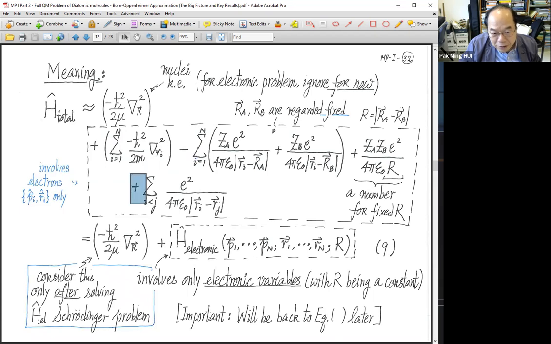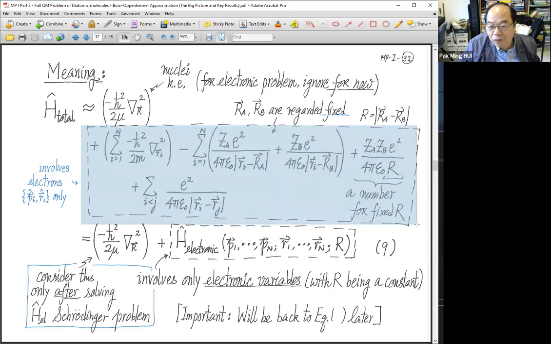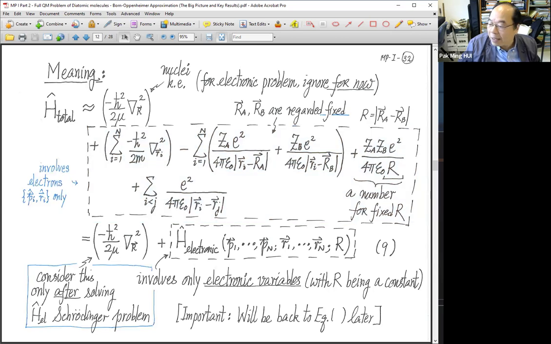Each pair of electrons repel, and the two nuclei, given a separation, contribute a constant, a number, of the Coulomb repulsive energy. Okay, so this is the whole problem for the electrons we want to solve. Let me tell you the answer right away. After we solve this electron problem happily,